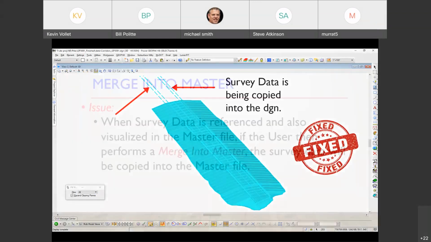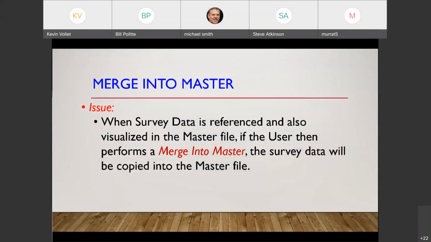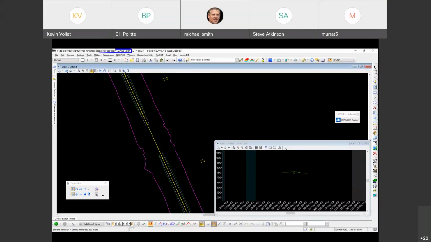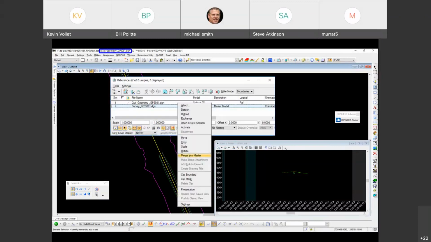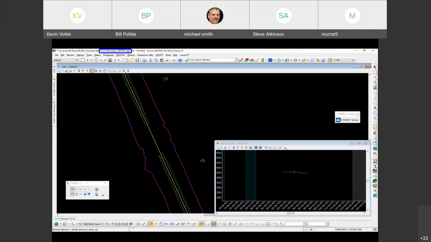Another survey issue was when survey data was referenced into a file and it was visualized, and if you did a merge to master, the survey data would again get copied into the active file. So here's my civil geometry file, and I do have survey data in there, and for whatever reason this user wanted to select merge into master, and when you do that, nothing really shows up, but in reality what happened is that survey data, not just the graphics, but the actual survey information behind it also got merged into